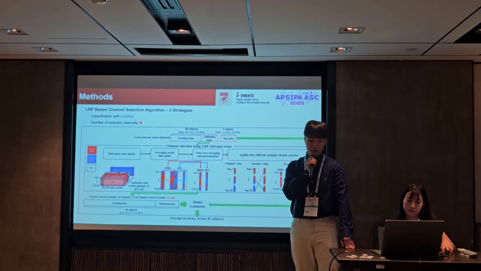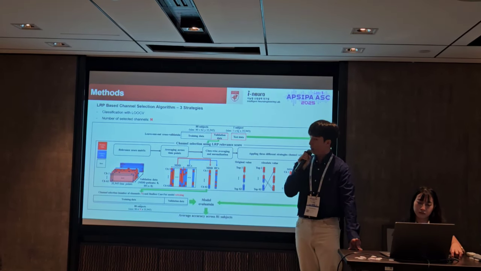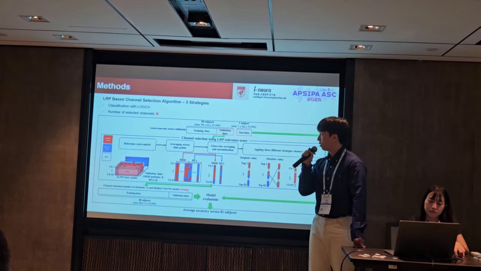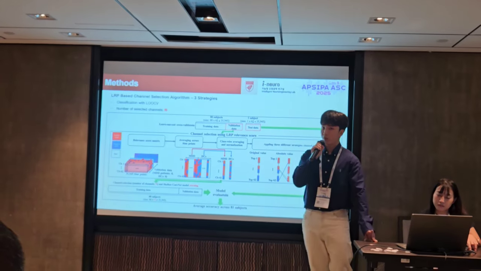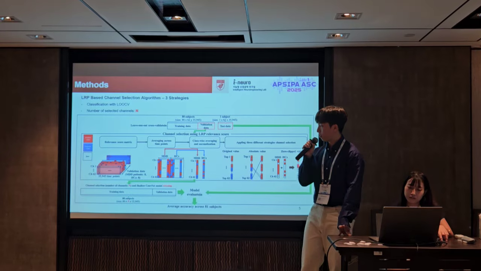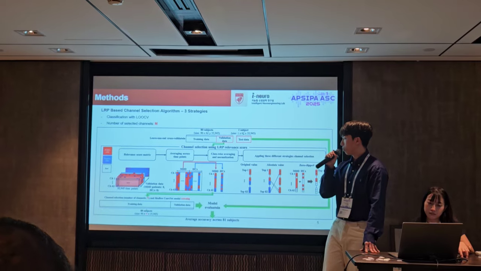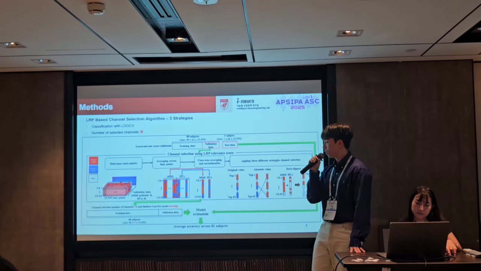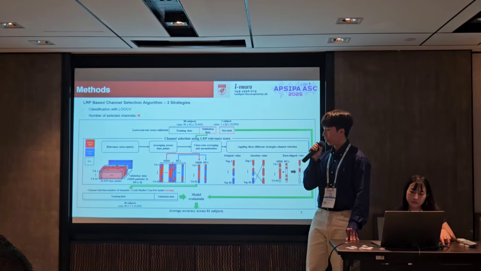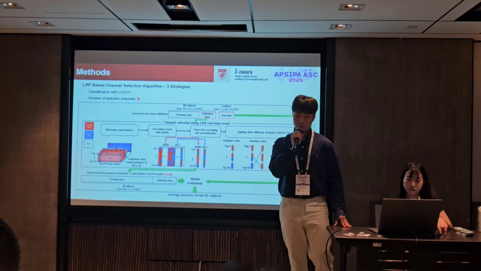This figure explains the algorithm for channel selection based on LRP. We divided the data into training, validation, and test sets. In the validation data, the relevance scores were averaged across time and classes, and the top N channels were selected based on each strategy. First, we use the original relevance values, second, we use the absolute value, and third, we set the negative values to 0 and sum up HC and MDD.